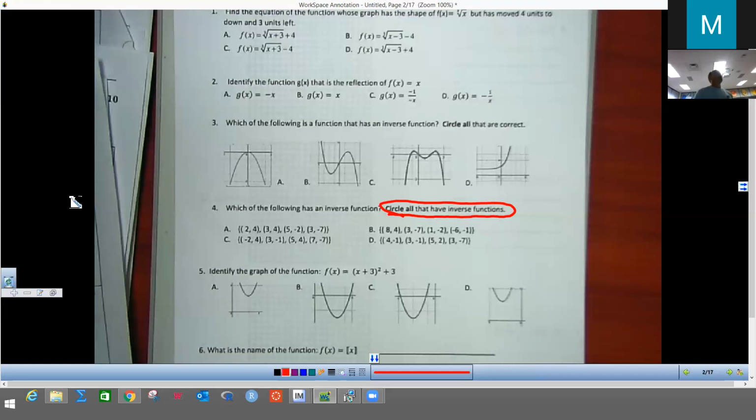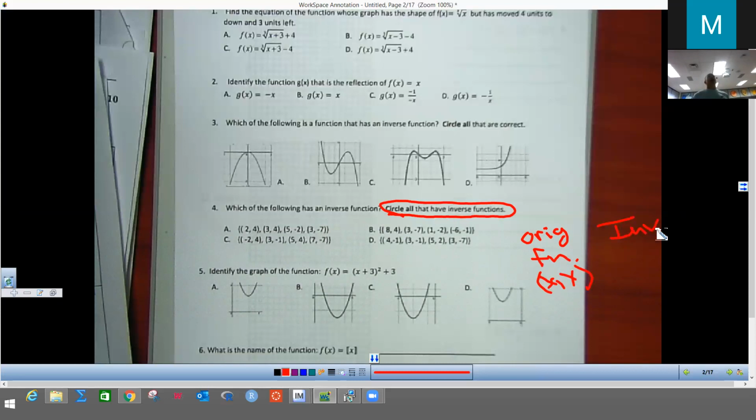So first of all, if I look at ordered pairs to check the original function, you just look at the x's, looking for repeating. So the 2, the 3, the 5, the 3, the original would not be a function because those 3's repeat. Now on the inverse, on the original function, it's x, y, and to get